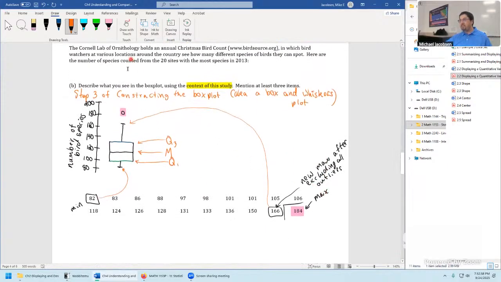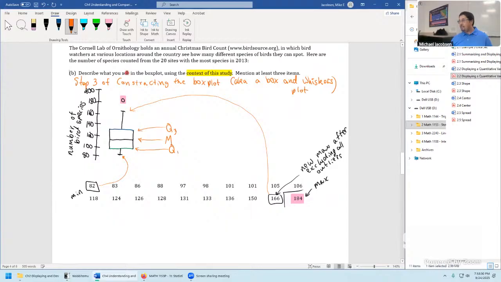Okay, so the reminder of what's going on is we have a vertical axis, number of bird species. So these were the number of species spotted by the Christmas party people across these various 20 sites with the most species. Imagine though we didn't see this data here. Maybe all we had was the plot itself.